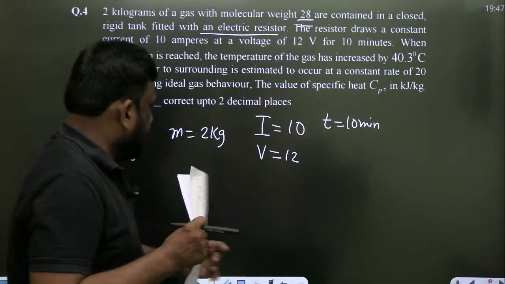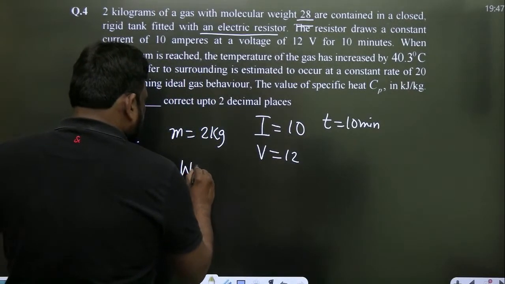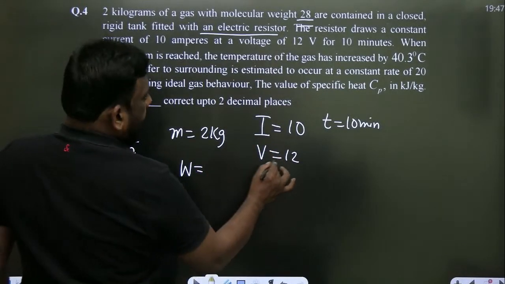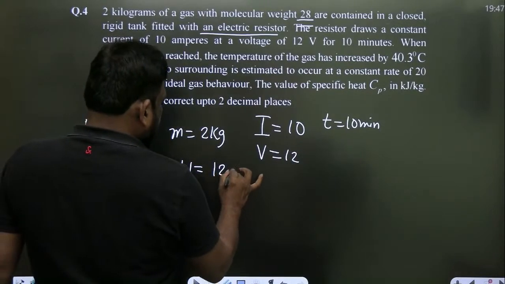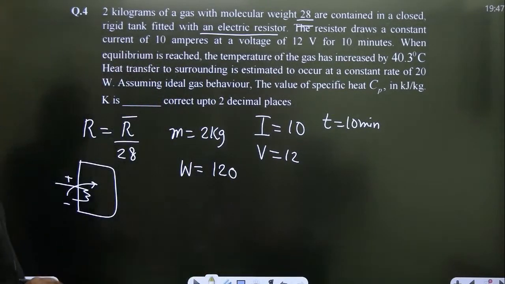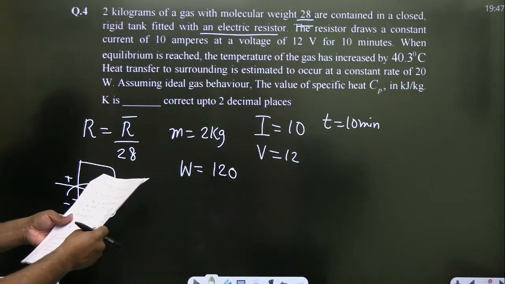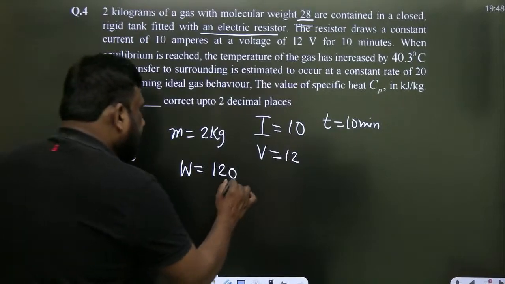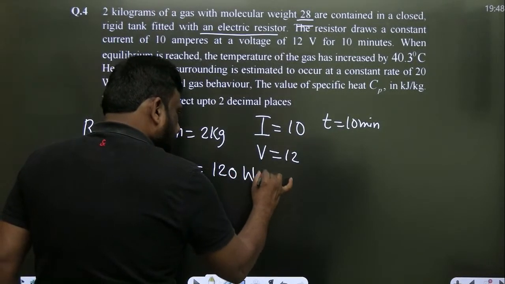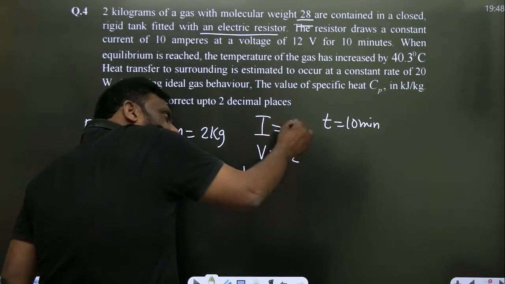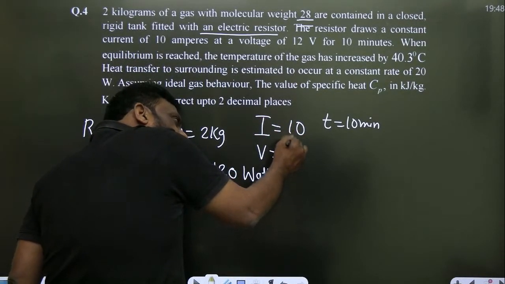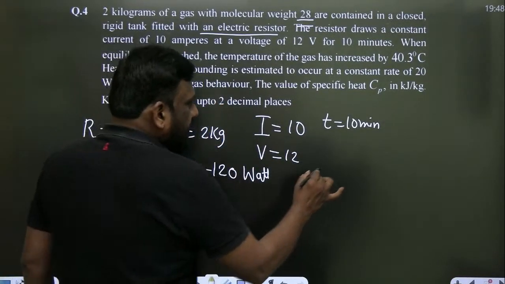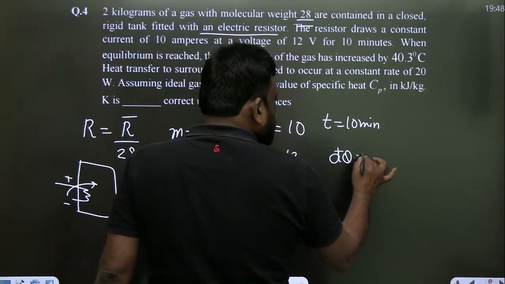Yes, work is negative work. So how much work is coming in, sir? Listen carefully, electrical work is VI, so how much will it be? 120, right, 120. Is it 120? Yes, 120. Power is equal to VI, 120 into 10 is this much, but this will be minus. Why minus? Electrical work is done on the system. Have a look once, d dash q is equal to du plus d dash w.